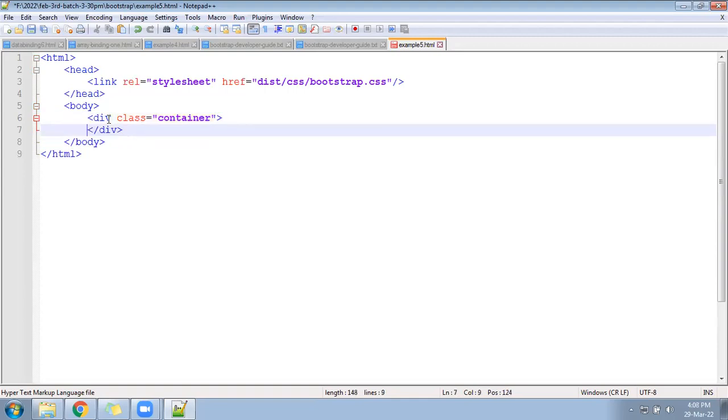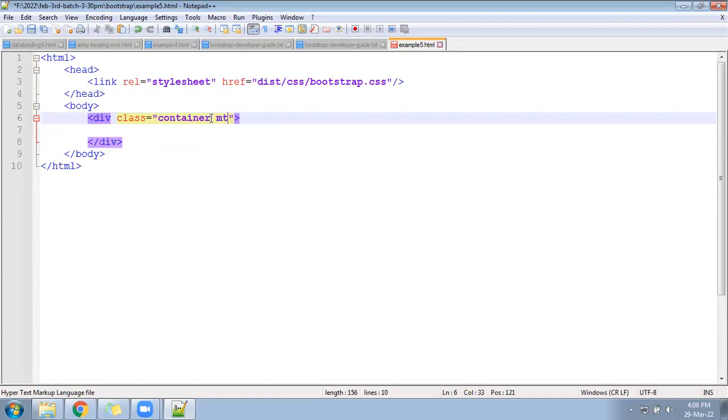Inside that you will follow the MT4. What is that? Margin top 24 pixel. MT4, when you write that, represents margin top 24 pixel.